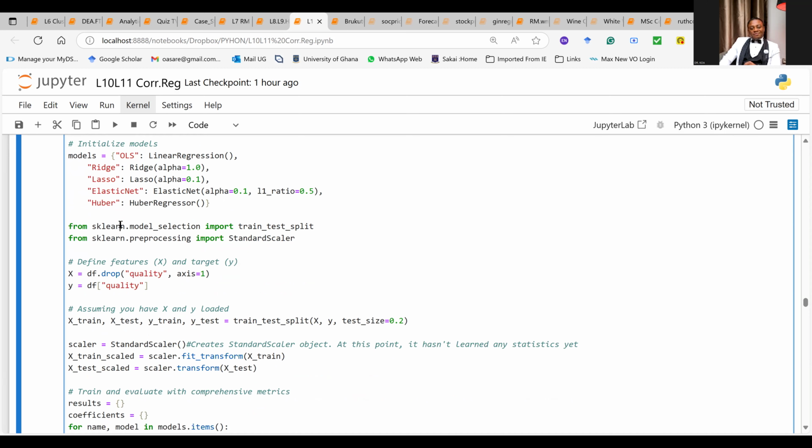Then we also import from the same scikit-learn the train test split. We use this to split the data into the 80-20 rule, so that we can hold some of the data for testing, in case the models are applied on unseen data. I've used the example of writing an exam compared to a test or mock exam. So the mock exam is like the training, and the actual exam is like the testing.